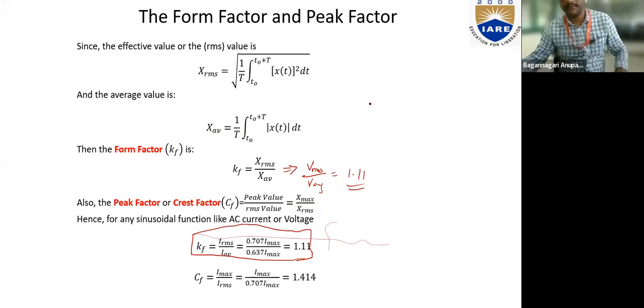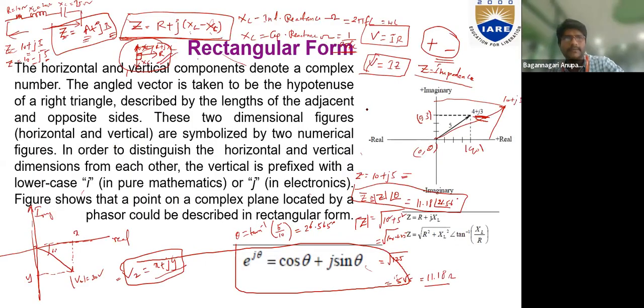So this is regarding the representation of vectors, form factor and peak factor. Now I want to discuss what happens whenever the current flows in a resistor, inductor, and a capacitor. I want you to solve this. I'll give the introduction on how to calculate it, and I will give you time to solve. You just do them and upload in the group.